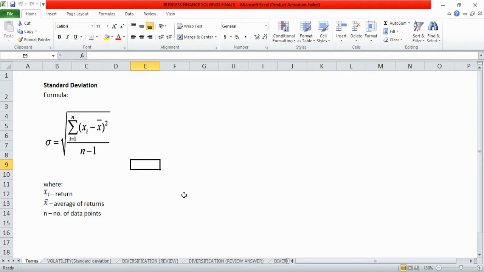We're going to discuss the standard deviation. This is used to determine the volatility of your investment. We have here the formula,